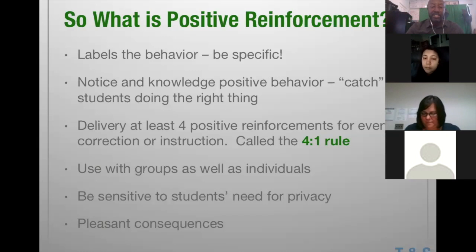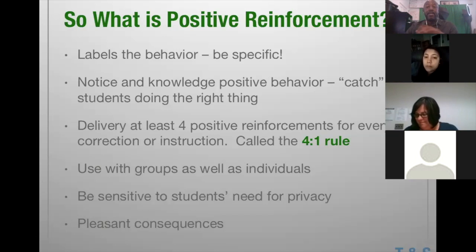It doesn't have to be just that student, right? You can do positive reinforcement for an entire group. I really appreciate the way this table is raising their hand today every time we ask a question. That's a great way to let everyone know that this is the proper behavior. And it could address little Juan yesterday who wasn't raising his hand. Now he hears a positive reinforcement, and you can help him with positive reinforcement when you see him raising his